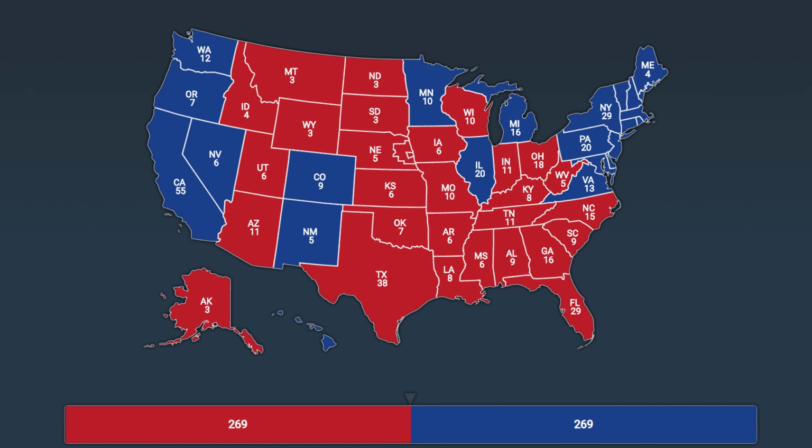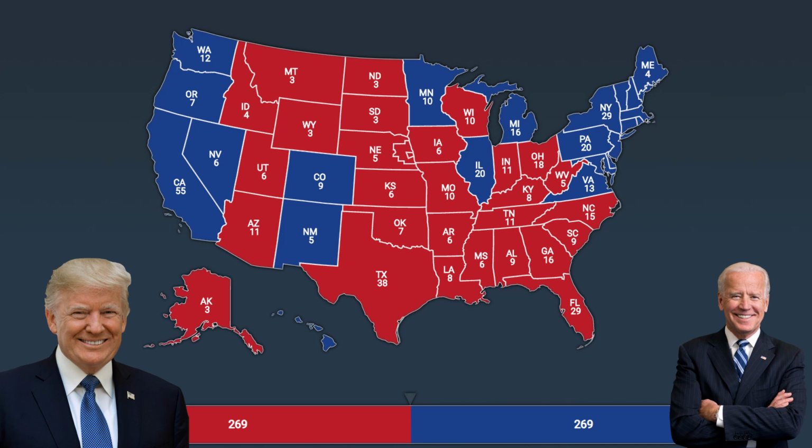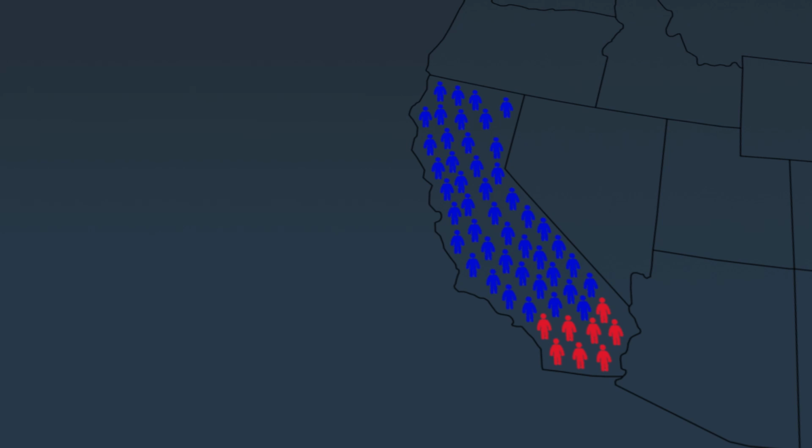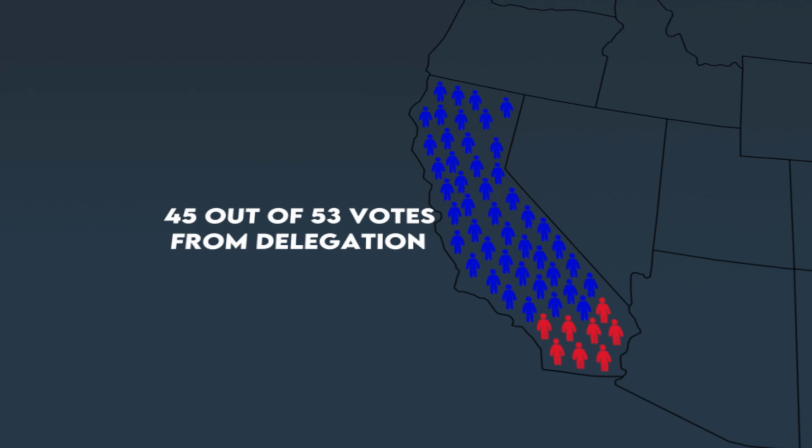The example I'm going to use in this video is the 2020 presidential election if it resulted in neither Trump nor Biden receiving at least 270 electoral votes. California has a total of 53 members of the House of Representatives. Let us assume that after the 2020 presidential election, California has 45 Democratic House members and 8 Republican House members. Let us also assume that the Democrat members vote for Biden and the Republican members vote for Trump. That would give Biden a total of 45 out of 53 votes from the California delegation, therefore awarding him one